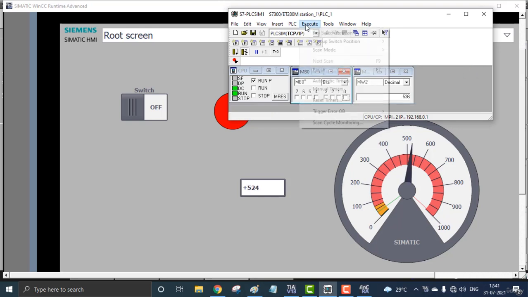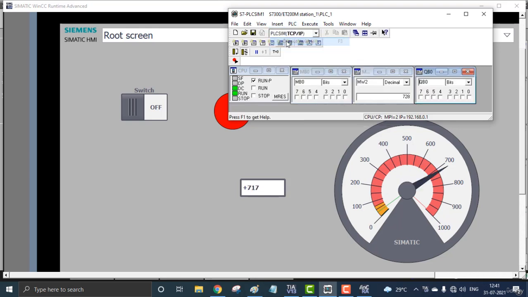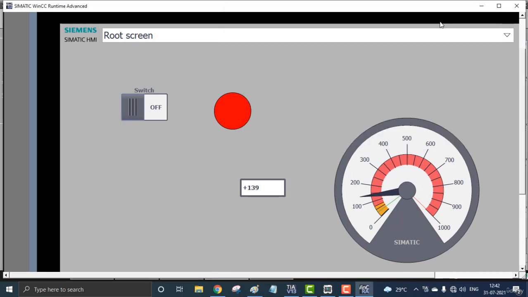If you want to see the output 0, QB0 I call it, deleting this stuff and inserting an output variable. If I turn on the MB0, we get the QB0 and inside the HMI also. And the values also, the same values I am getting over here in real time. That is the HMI and PLC connection. So you can acquire any value from the PLC to this HMI, or you can control the PLC tags using the HMI virtual memory. That is the PLC HMI connection.